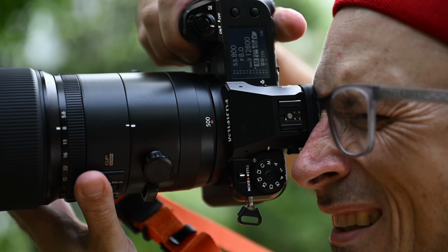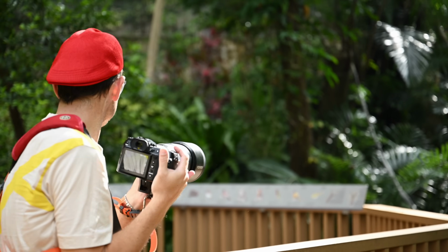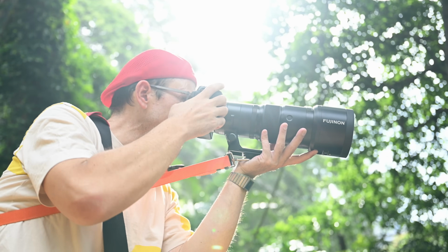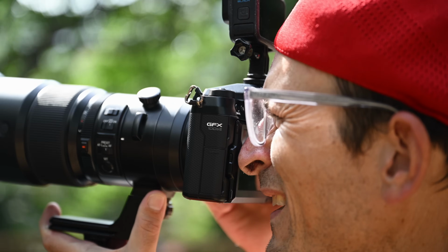Today we're testing out the new GFX 500mm lens. This is by far the longest lens in the system. It actually doubles the previous longest prime lens. And with the new camera supporting bird detector autofocus and the latest algorithms, it seems like a perfect opportunity to